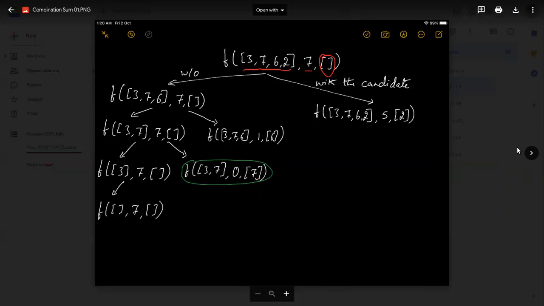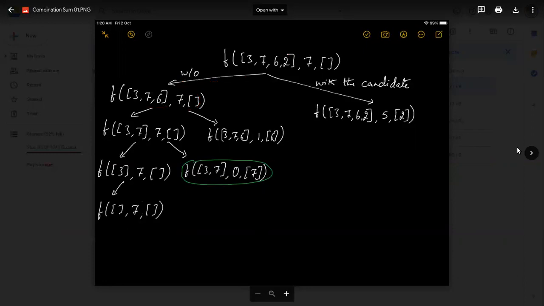For the backtracking method, I'm going to keep considering every element, whether to be included or not. And an element can be included multiple times, so that is one scenario we need to worry about. There are two possibilities at least: whether this candidate is included in my combination or not. If it is not included, this is the part I go with where I didn't include it. The remaining problem I need to solve is not going to have this element, say the element 2, but the target is not going to change, and obviously we didn't add that element. So the partial combination we are building is still a null set.